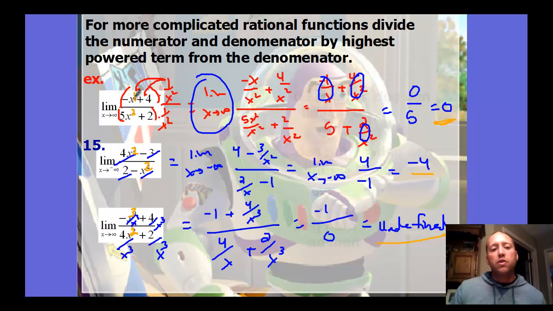So you should recognize this when you look at the exponents and compare them. The first one here, the numerator's exponent is smaller than the denominator, so we had a limit of 0. For this one, the exponents were the same, so then we looked at their coefficients, 4 over negative 1, which is negative 4. And in this one, the numerator is bigger than the denominator, so we get undefined. Those are our same rules for rational functions for the horizontal asymptote,